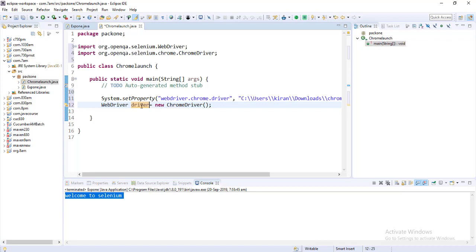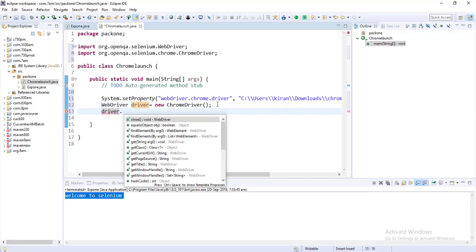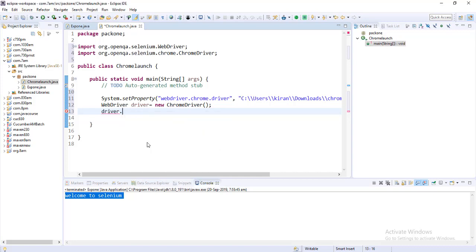So this driver now has full capability to get the information of ChromeDriver. If I write driver dot, just see, you will get all the methods from ChromeDriver. I will explain all these methods, but what is our activity? We need to open a Chrome browser. So we have get as the option, and the website you are trying to get, you need to put here